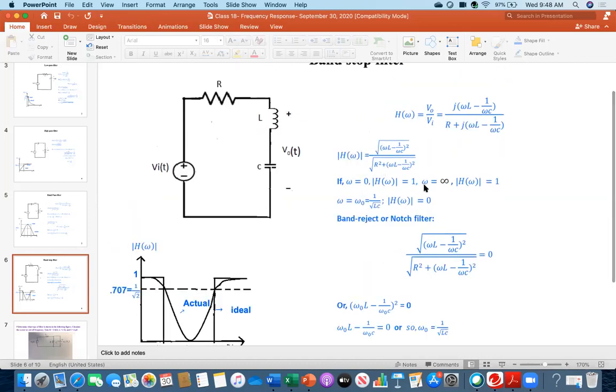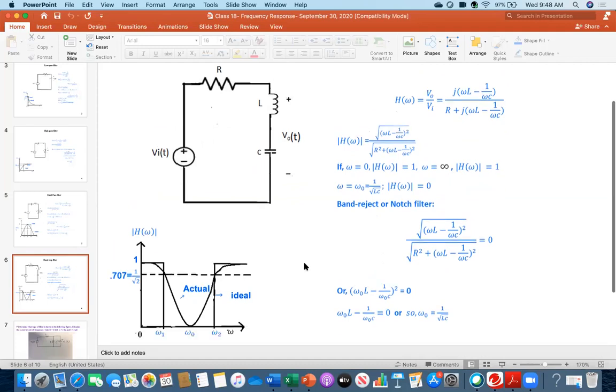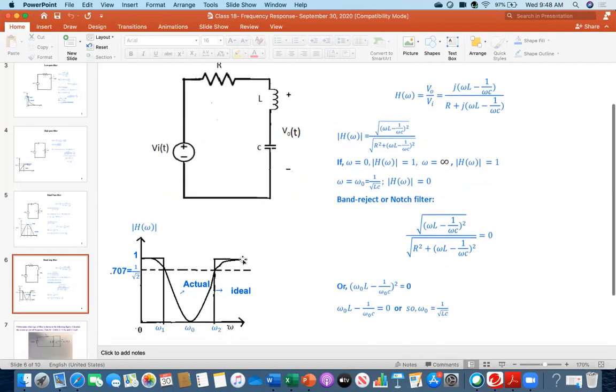And then come back: what will happen at omega equal to infinity? At omega infinity, the numerator is getting infinity, and the denominator is also getting infinity. So infinity over infinity is also 1. That's why at very high values I have shown the value is 1. Now I am interested in finding this frequency. How can I get that? At omega equal to omega naught,